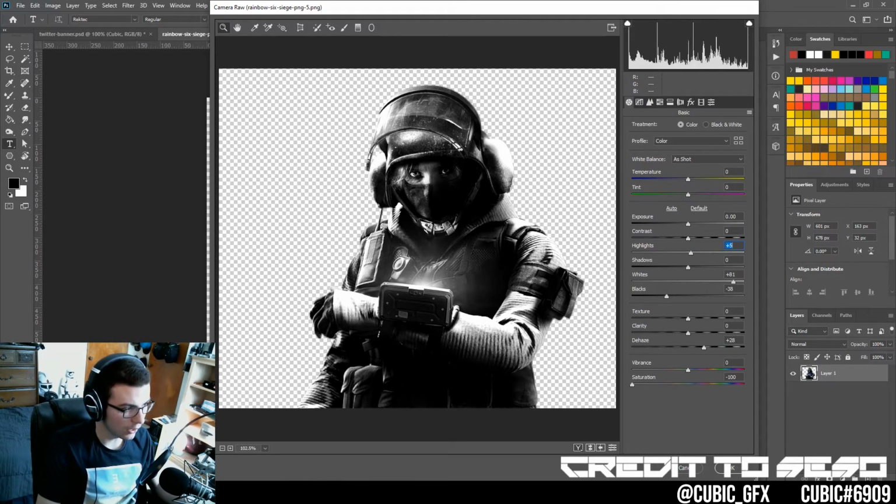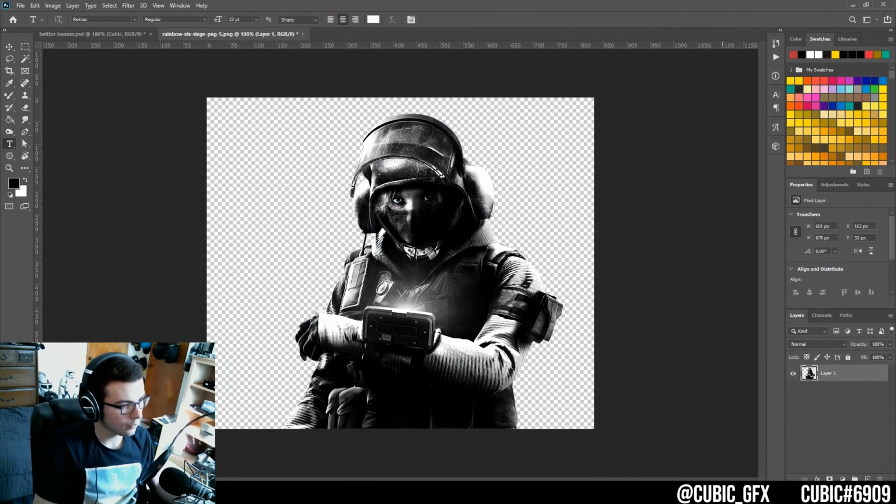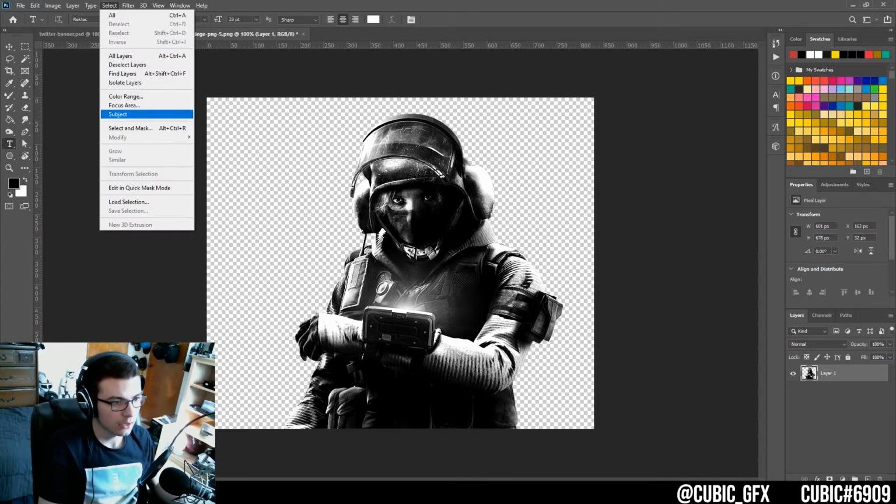So you can use the highlights to adjust that, you can use the whites to adjust that, whatever works for you. You can also mess with the clarity slider if you like messing with that. We'll add a little bit to that, but not too much. Okay, so then we're going to hit OK, and now we have a black and white image that's very heavily contrast. Okay, and now what we're going to do is go up to select, and then we're going to go